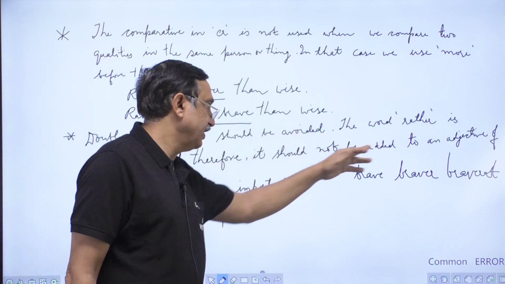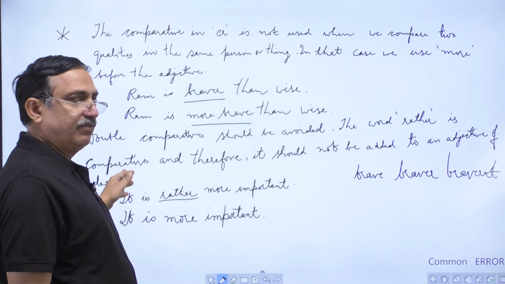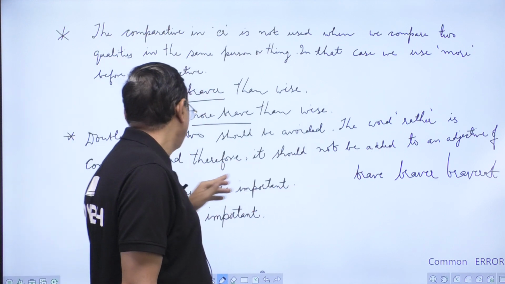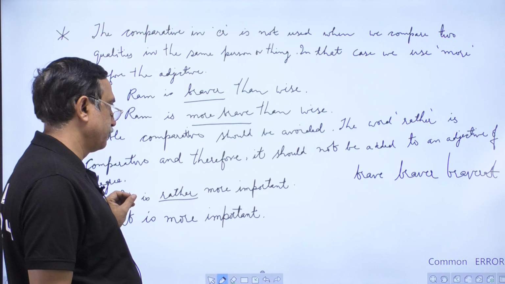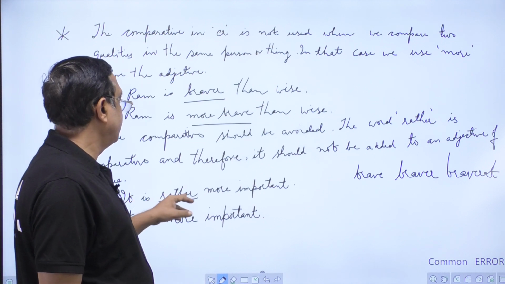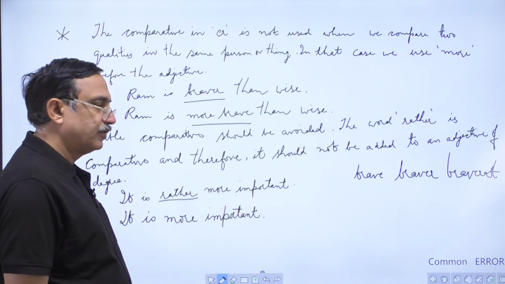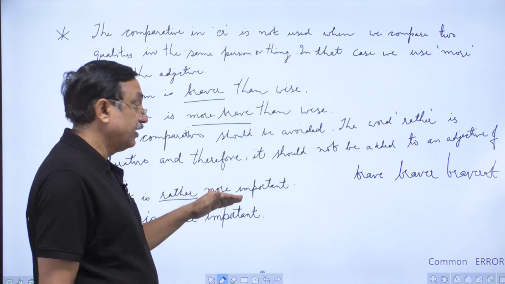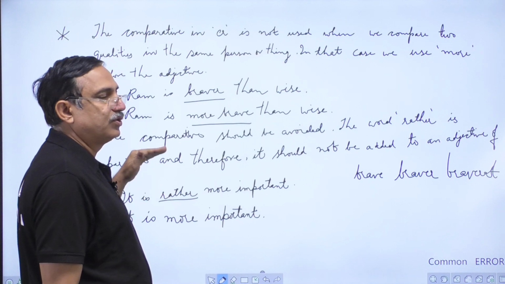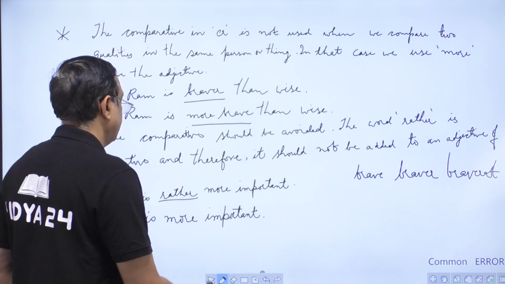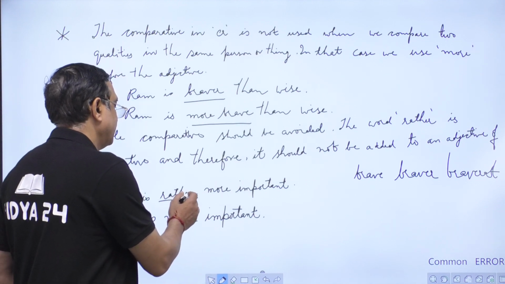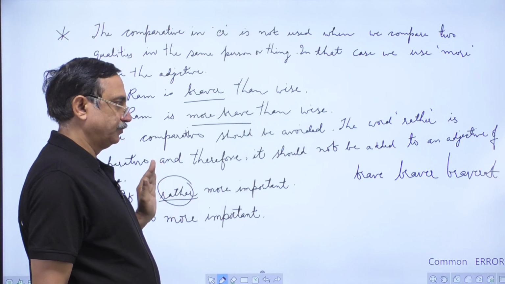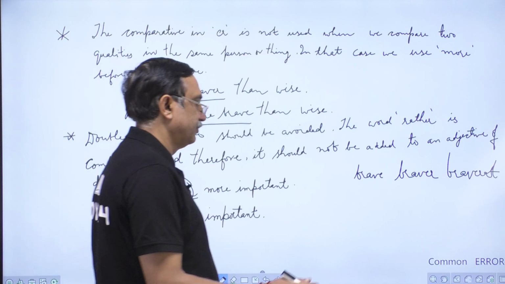The word rather is comparative and therefore it should not be used with an adjective of comparative degree. It is rather more important. So we have the word more, comparative degree is already there, then we are using rather. So we should avoid using rather here. So delete rather from this and you will see it is more important will come. Next,